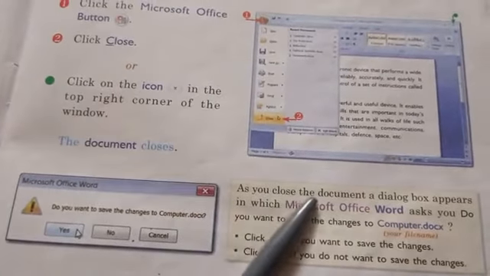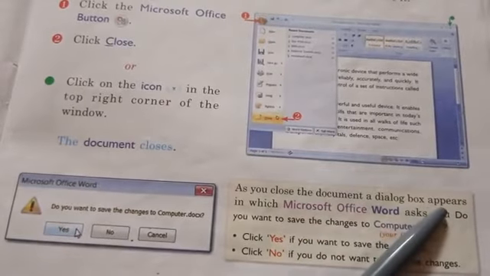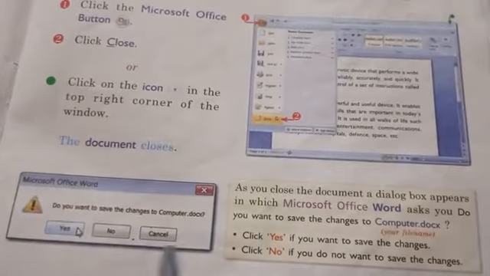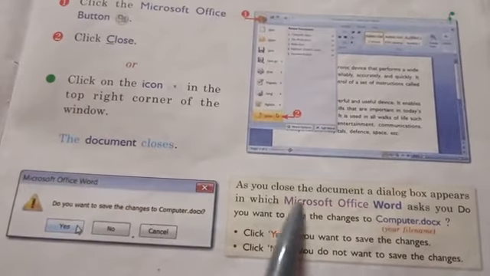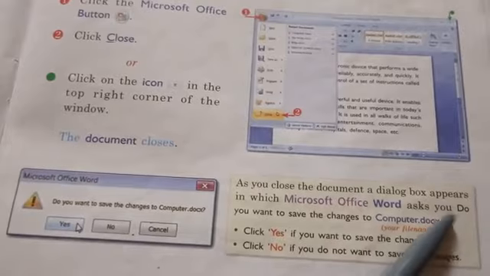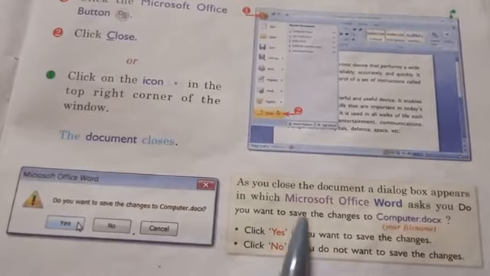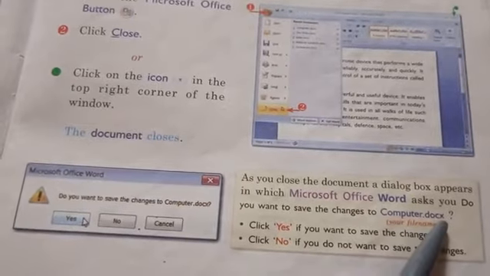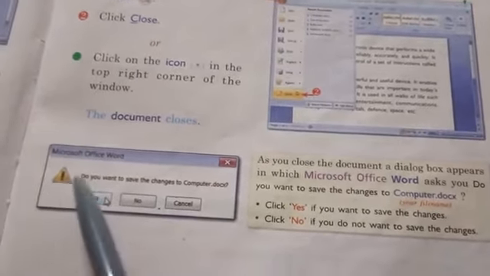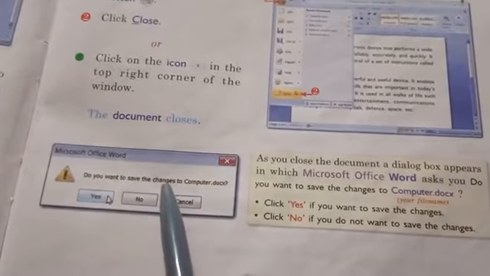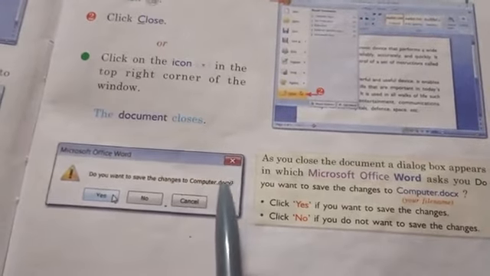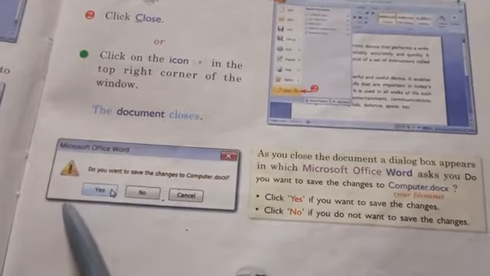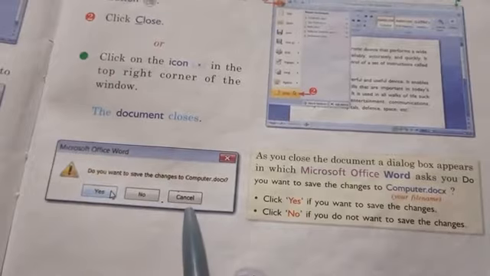Students, as you close the document, a dialog box appears. When you click here, a dialog box appears like that. In which Microsoft Office Word asks you, do you want to save the changes to computer.docx? It means you want to save the changes or not, or you want to cancel.